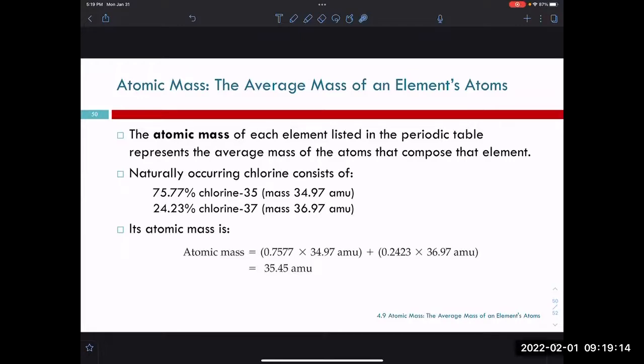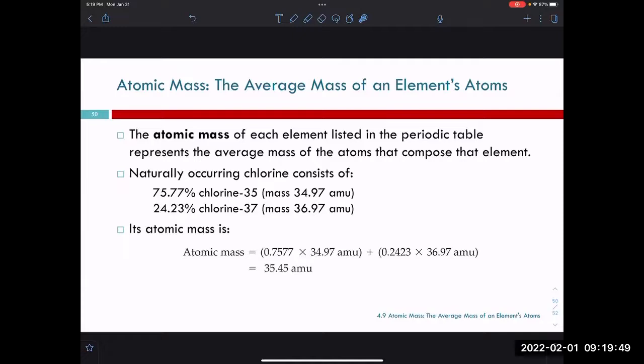We usually talk in whole numbers, because we round things to those whole numbers, because this is very, very close to 37. But in actuality, it is just a little bit less. And that's just the way it is. So if we want to calculate the average atomic mass, it's the weighted average. So instead of just adding everything up and then dividing by the number of things to get a regular average,